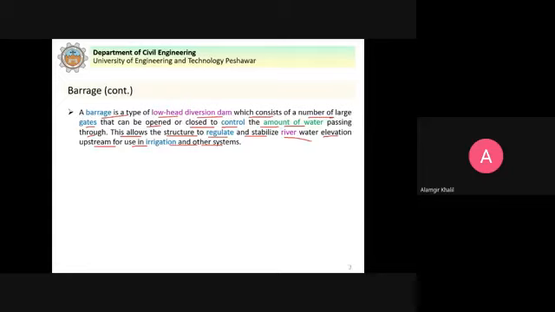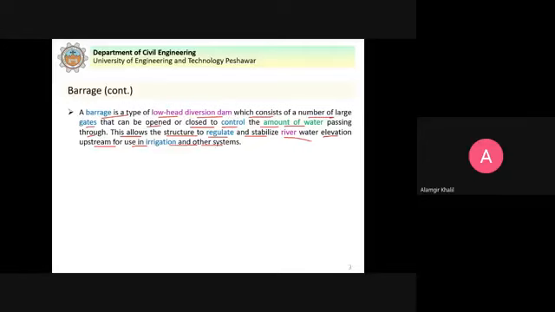So the gates which are fitted can be opened and closed to control the amount of water passing through. Because the ponding is done by the gates, that's why these can be opened and closed to control the amount of water. So this allows the barrage to regulate and stabilize the river water elevation upstream.